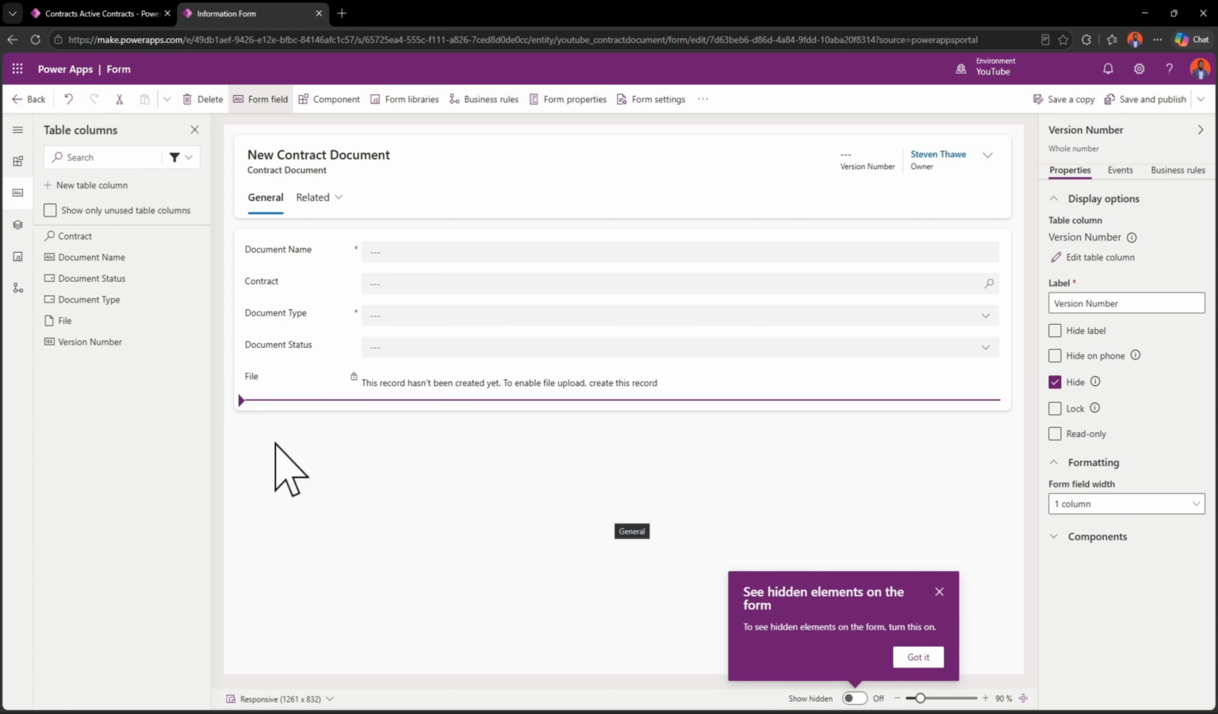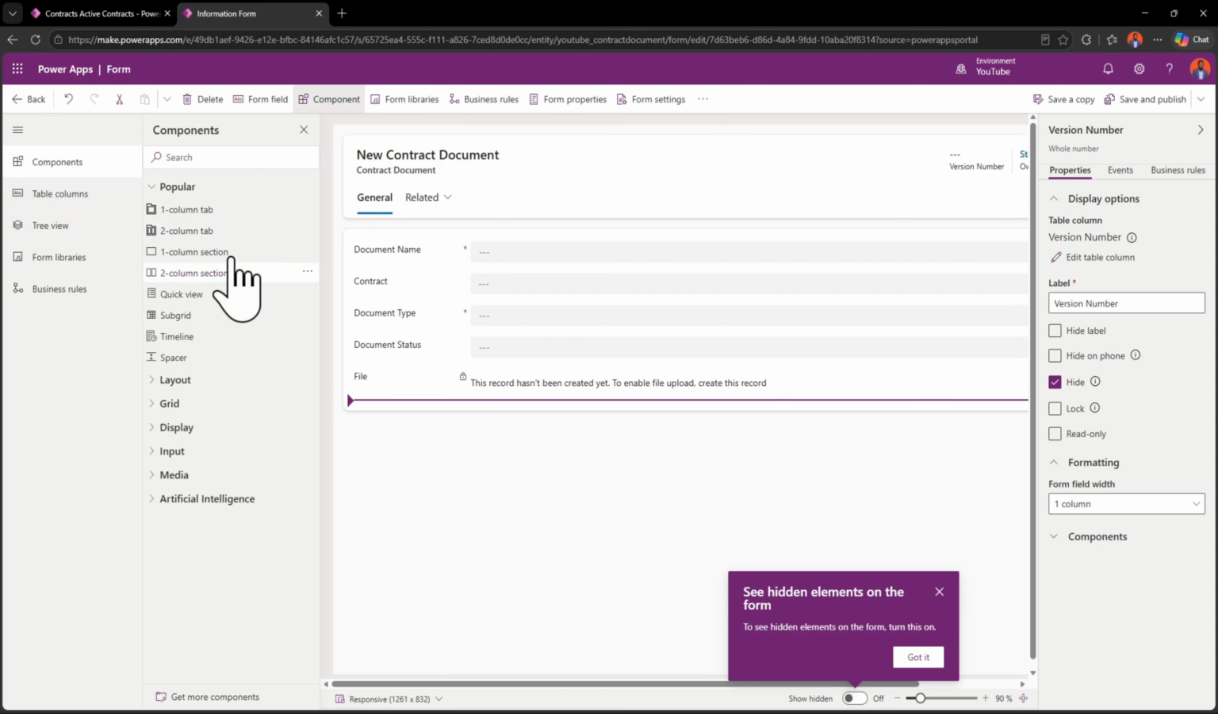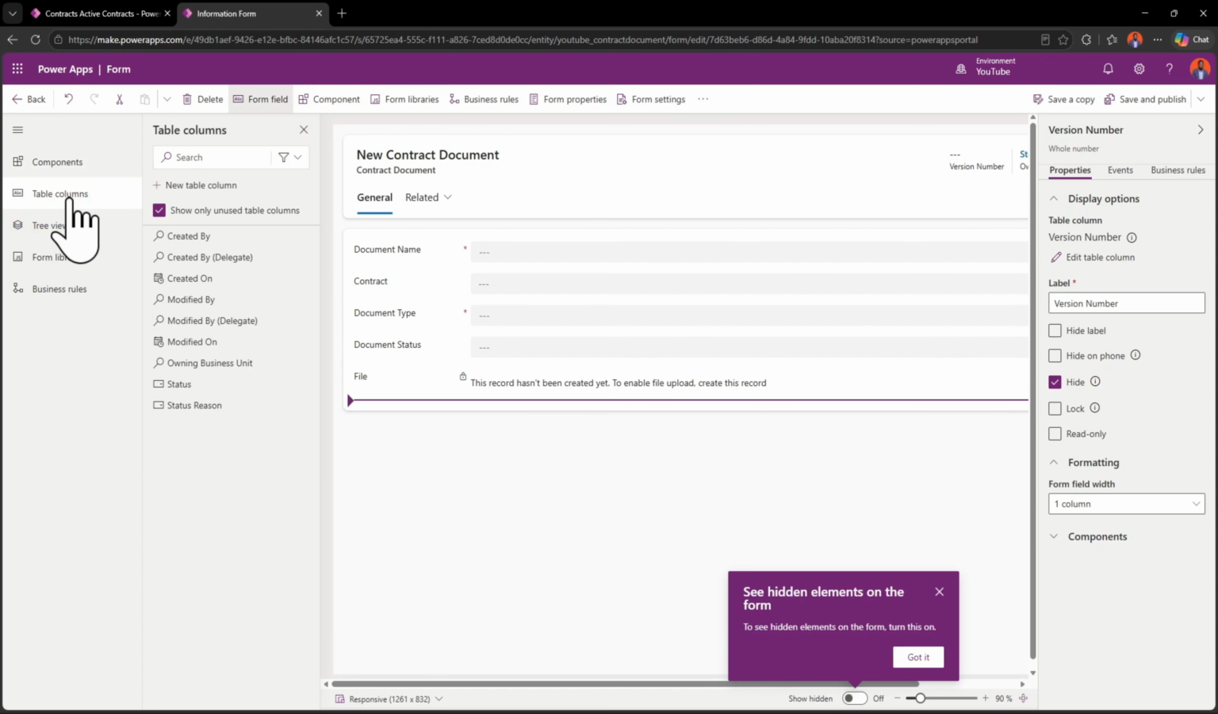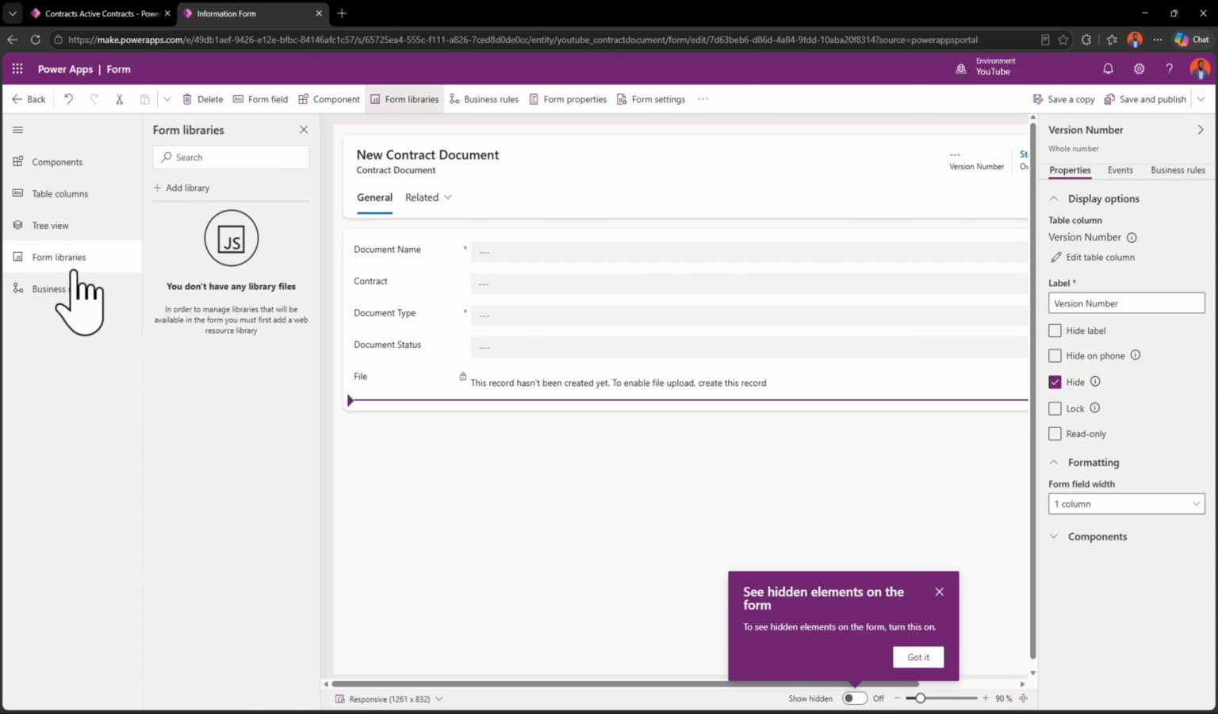So now to add our JavaScript, on our far left-hand side here, we have got a little bit of icons, buttons here that have got different items. So we have got components where we can actually add our components, similar to the one that is on the top here. We have got table columns. This is where we were. We have got the tree view where it'll show you each and every segment of the form. And then we have got form libraries, which is the